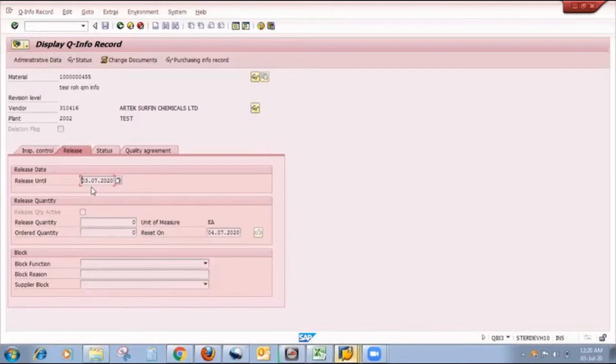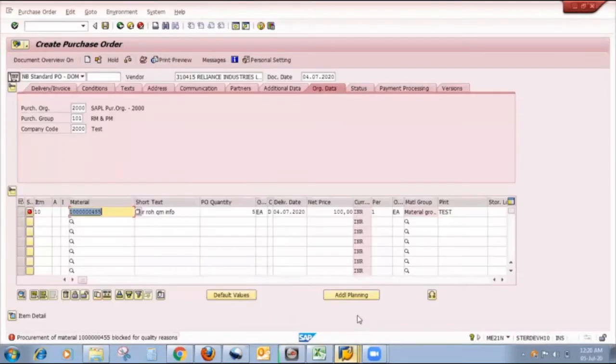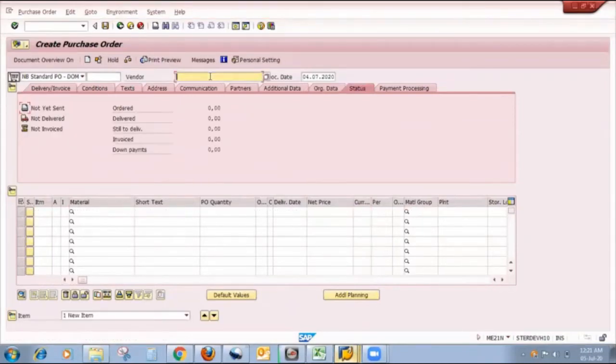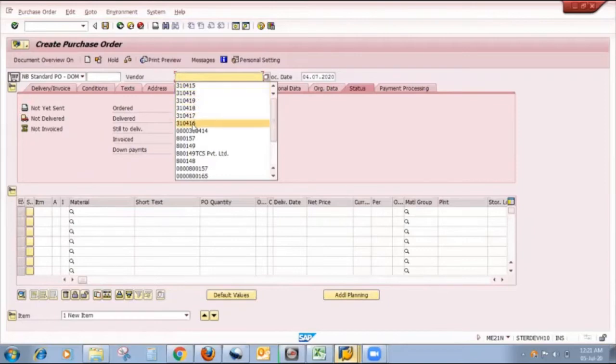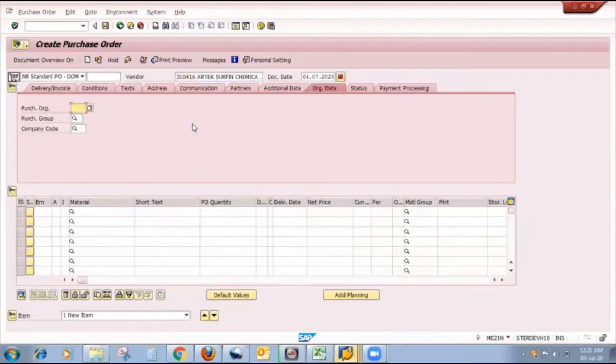Today's date is 5 July. So I will show you whether, considering this vendor, my purchase order will be created or not. My next step is to create a purchase order with that vendor, 310416.